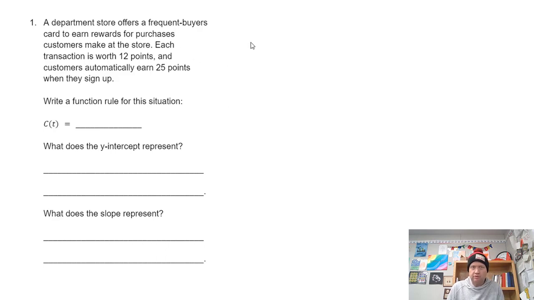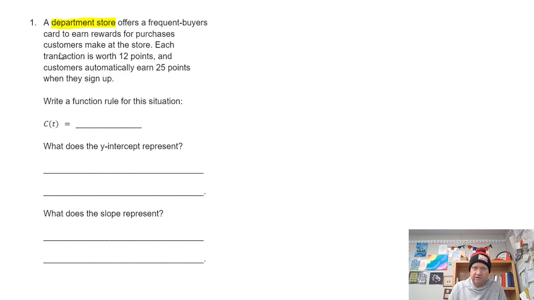Okay, we're looking at Module 7, Lesson 1. We're about modeling real life situations. And in order for us to do that, we kind of want to make some sense of the problem. And so this first problem here is about a department store, and they're offering new customers or frequent customers a rewards